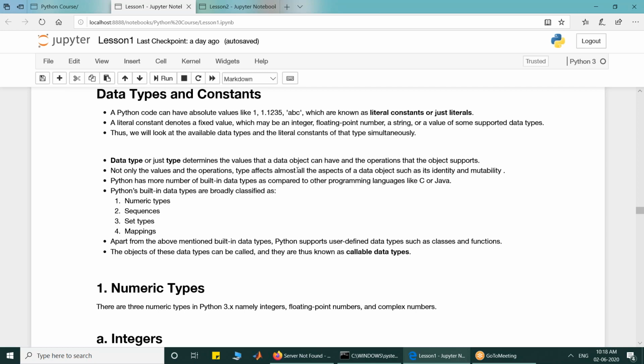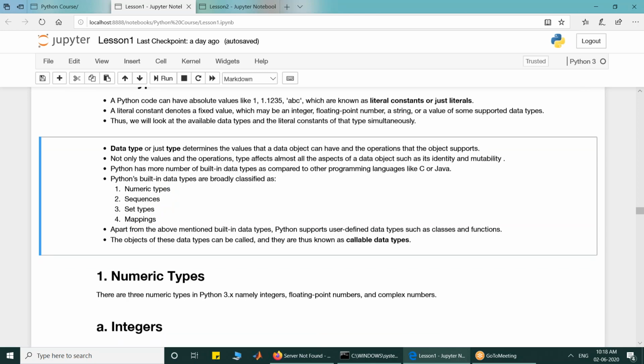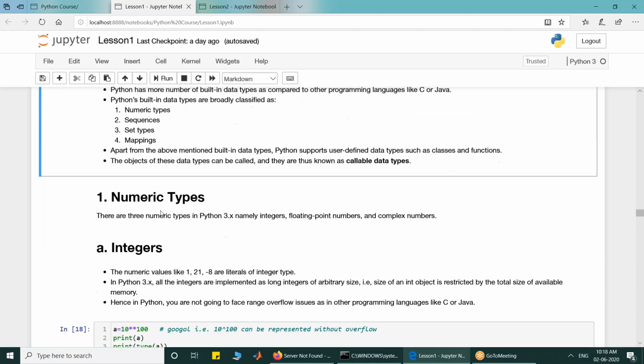Then we started with the data types, and we discussed that four major broad data types are there, which we have categorized, starting with numeric types. In numeric types, we further discussed that there are three types: integers, floating point numbers, and complex numbers. Long integers, which were available in Python 2, are deprecated.